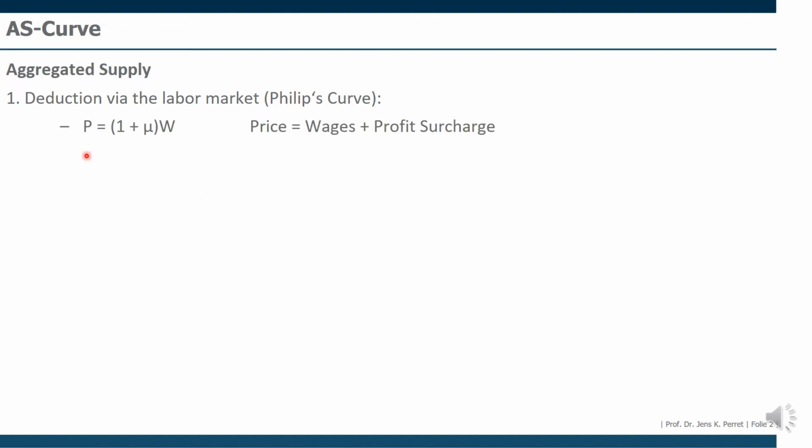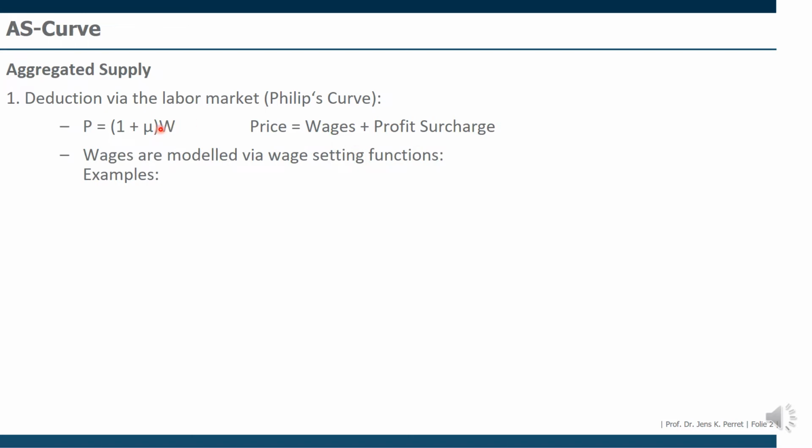And that's by saying our price level depends on the wage level. So it's basically prices are wages plus some kind of profit surcharge. That was basically stating the end price equals the factor prices or factor costs plus some added profits. That's the easiest version to go with